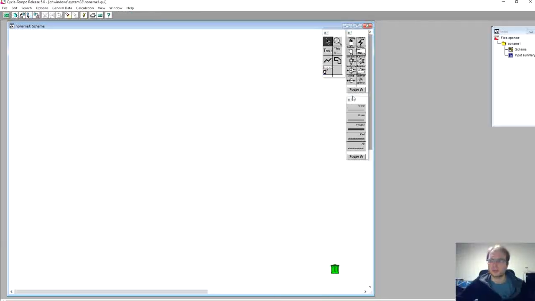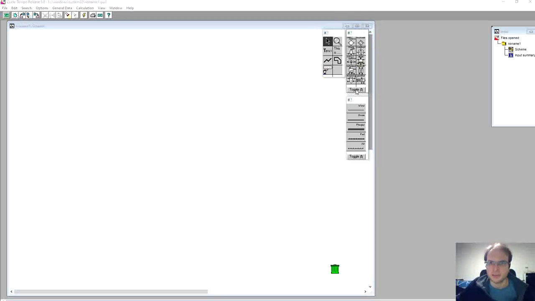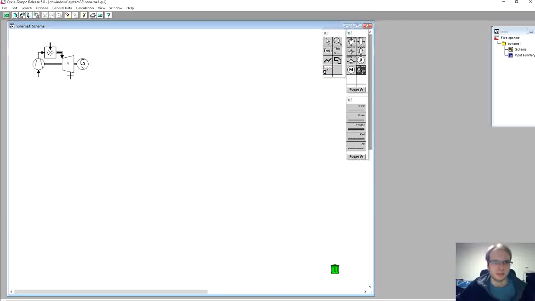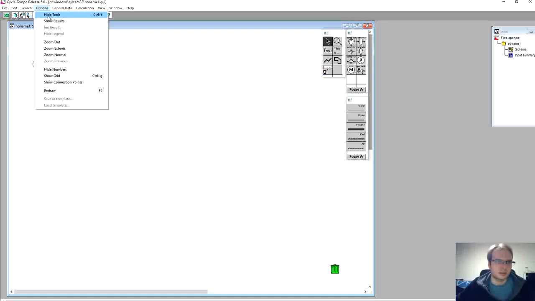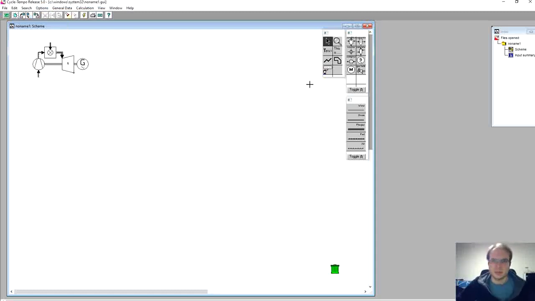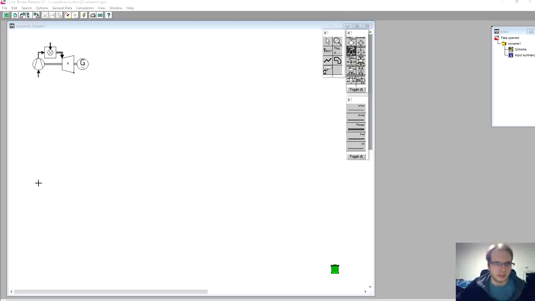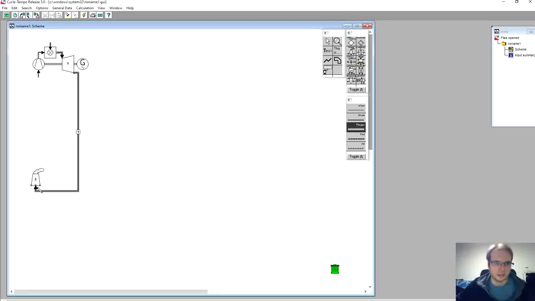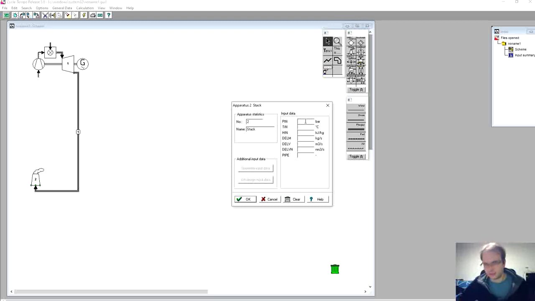Now, in the second part of this tutorial, we will make a model of a combined cycle. So our combined cycle will start with a gas turbine, where we will use the already given gas turbine component, which is provided in Cycle-Tempo. At first we can just run our gas turbine, connect it to the stack, set inlet pressure 1 bar,